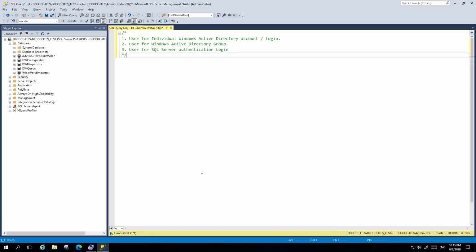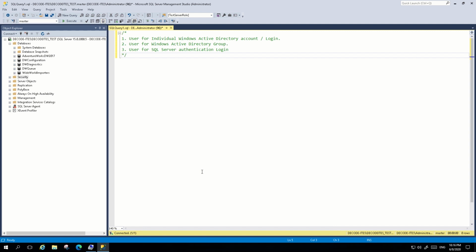We have seen multiple types of database users in SQL Server that you can choose on the basis of your environment design, your database requirements or your application requirements. Out of those, I have chosen three types of database users which are mostly in use in most of the environments. In this demo, we will create a database user for all these three types and we will see how we can alter them or we can drop them.